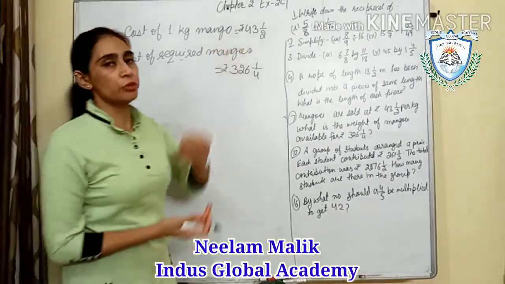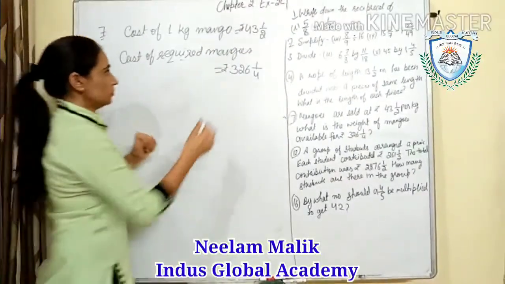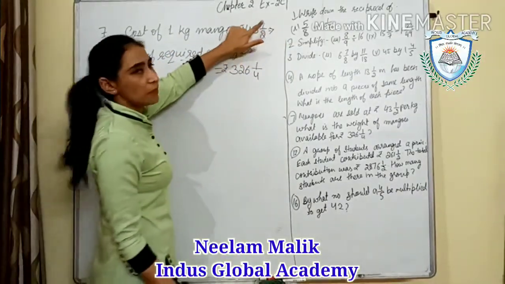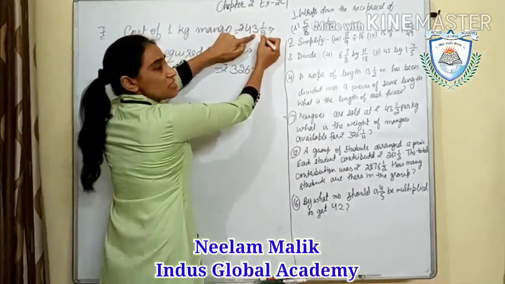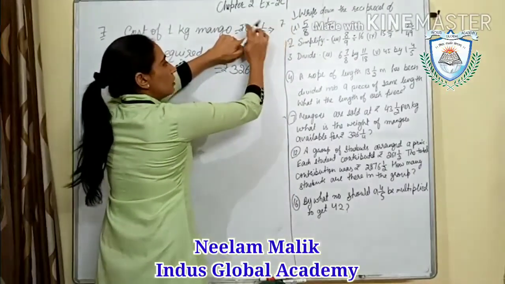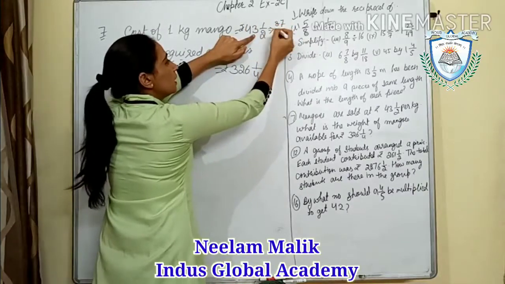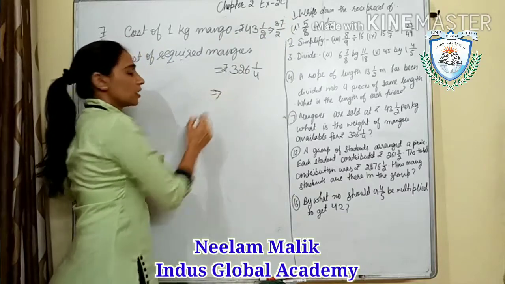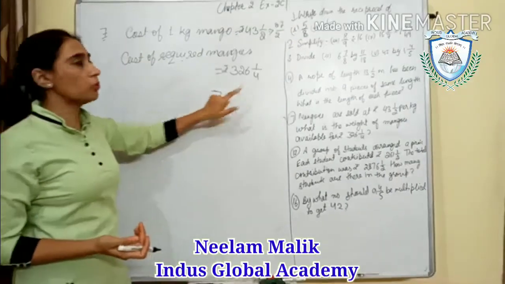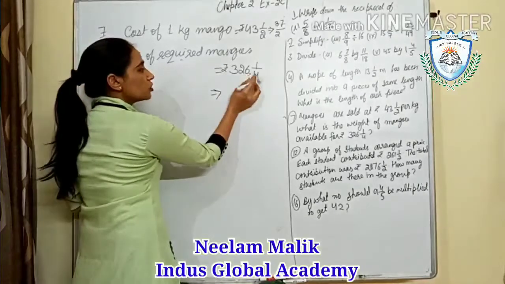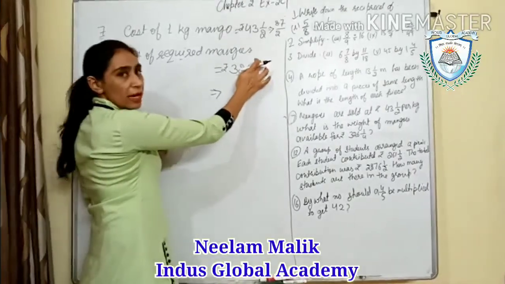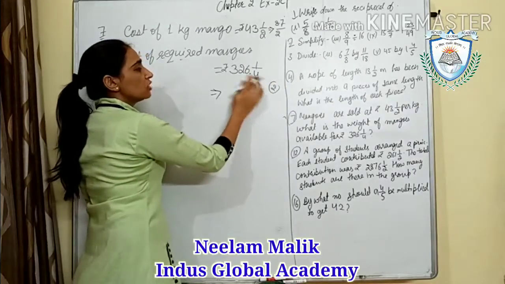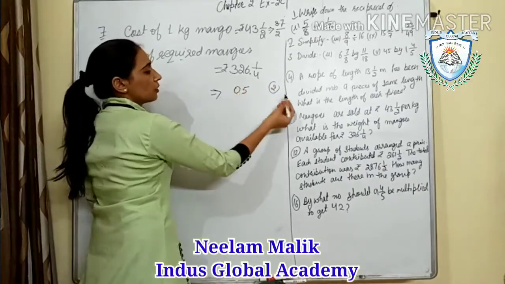First convert this into an improper fraction. So it will be 43 times 2 plus 1. 3 twos are 6 and plus 1 is 7, and 8. That means 87 upon 2 rupees. Okay, and now convert this into an improper fraction as well. When you multiply these two, you will get 24. We have to add that, so I am directly adding 5. 2 will be here. 4 twos are 8 and 2 is 10. 1 will be here.